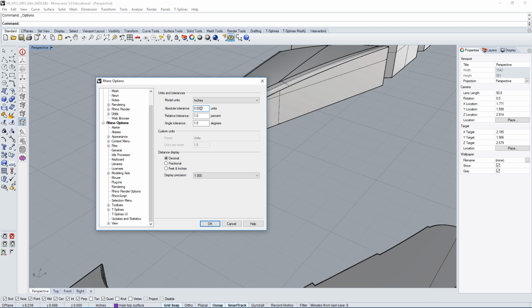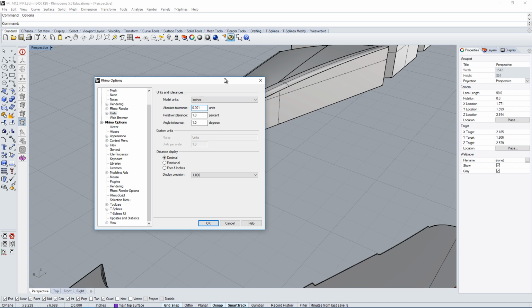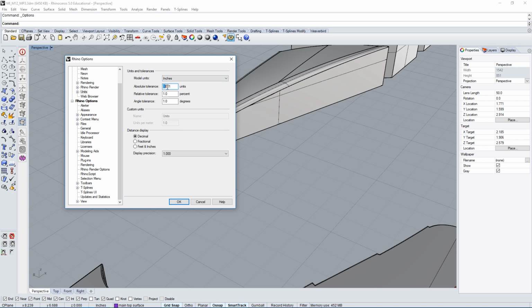Typically the settings I would use, which are the settings I'm going to use right now, are going to be 0.001 for millimeters. That's kind of a standard actually. So if I was you, I would definitely use these settings, use millimeters, because that's what you would typically use for consumer electronics, for an object like this one. So use millimeters, and 0.001 should give you good tolerances.